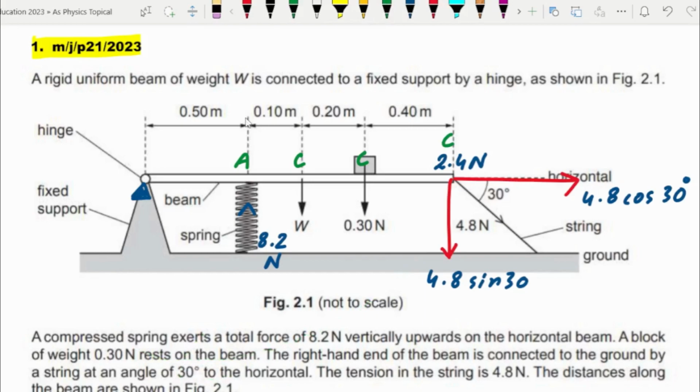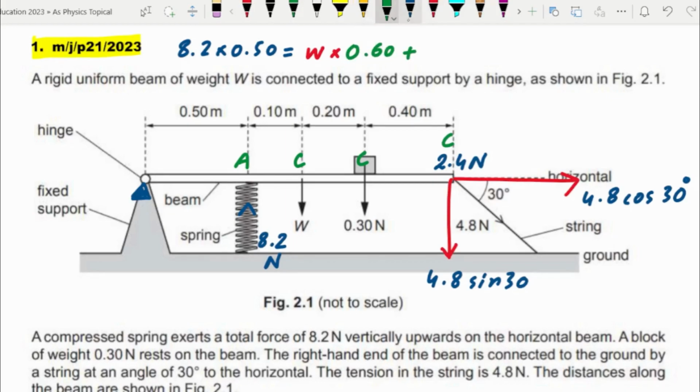Let us apply the principle of moment. Here on top I'll write its description. First, let us add the anti-clockwise forces on one side because we have a single one. So this will be 8.2 times the perpendicular distance of that force from the pivot, which is 0.5. So 0.50 equals, how many forces do we have clockwise? W. I write W in red because we need to find the value of W. W times the perpendicular distance of W from the pivot. It is this much. What is it? 0.60. So 0.60